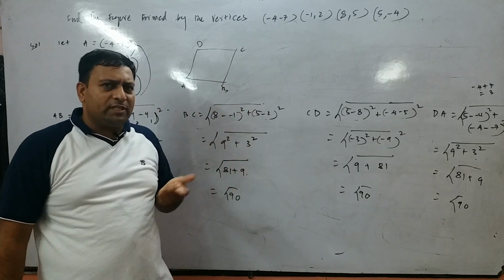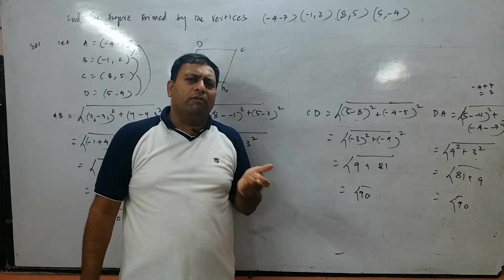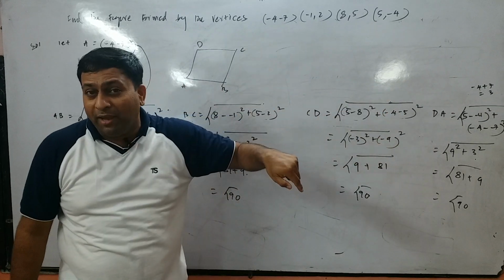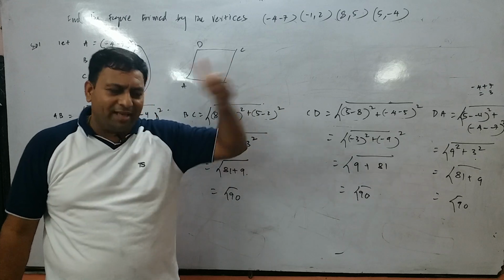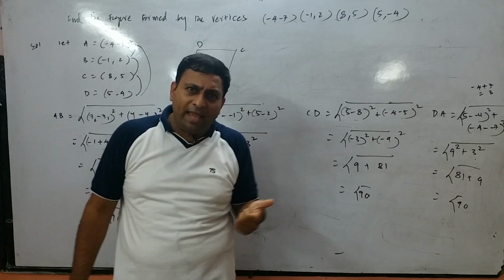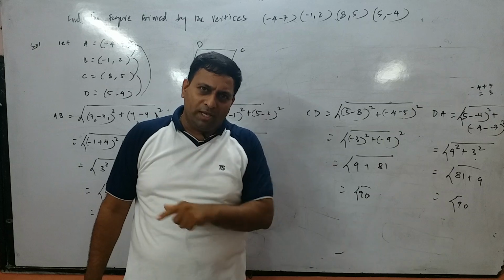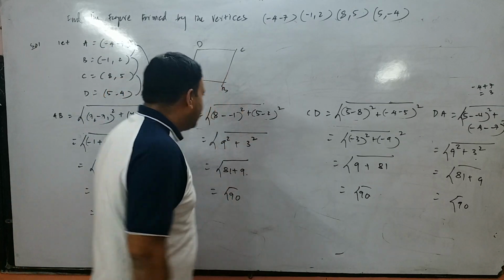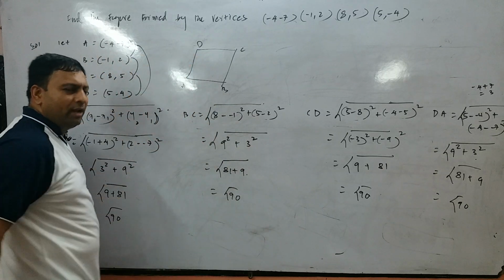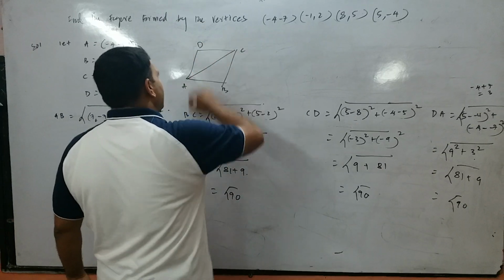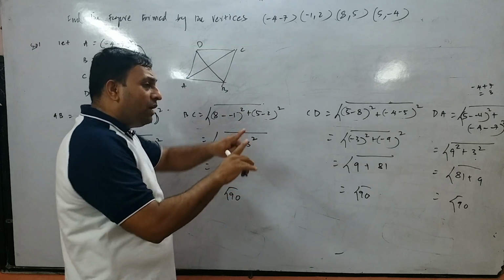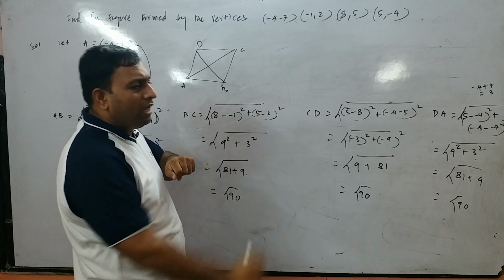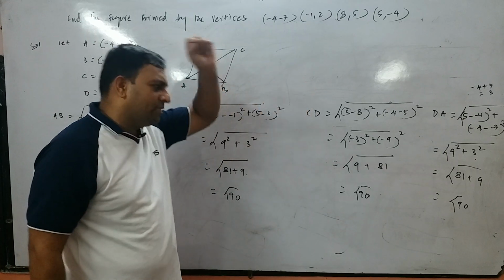Because the first condition is satisfied, definitely our figure is not a parallelogram, our figure is not a rectangle. What it can be? Yes, you are right. It can be either square or it can be rhombus. Now how to differentiate whether that is a square or rhombus? You got it right. We have to find the diagonal. So first I will find diagonal AC, then I will find diagonal BD. If two diagonals are equal, it will be a square. If two diagonals are not equal, then it is, yes, rhombus.